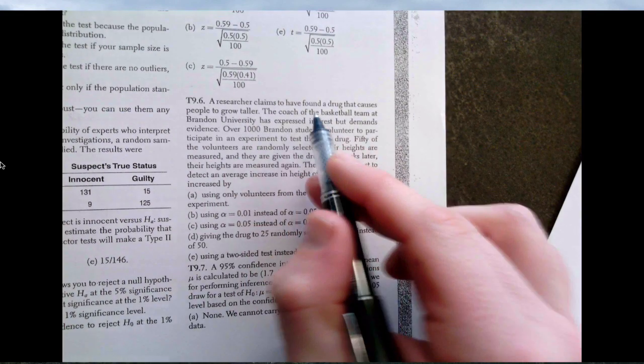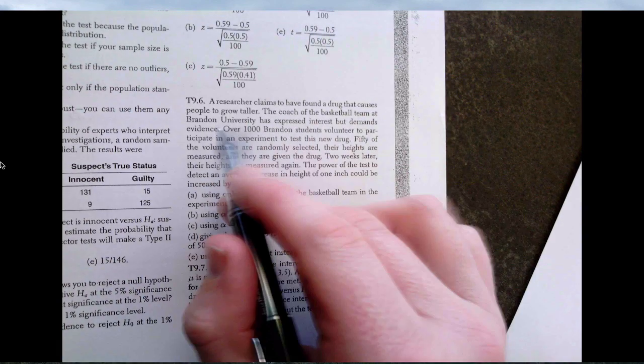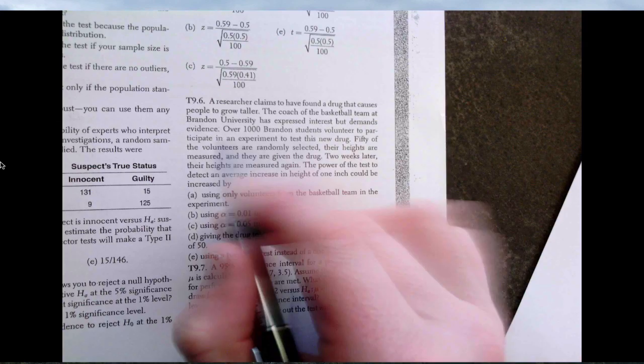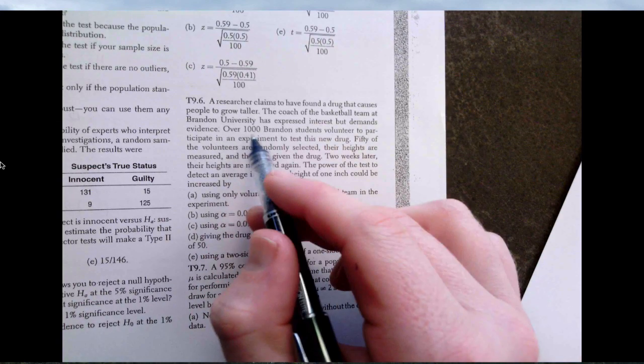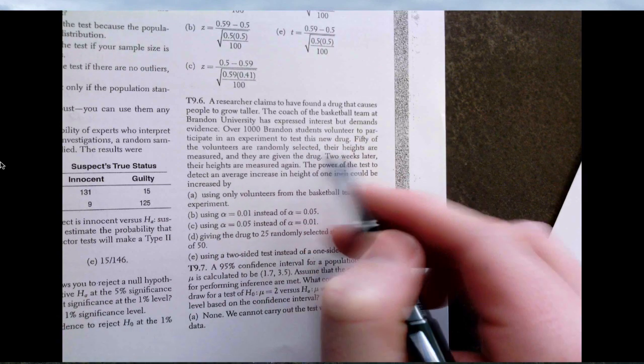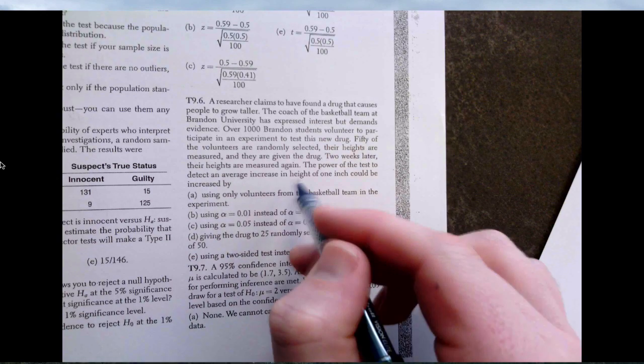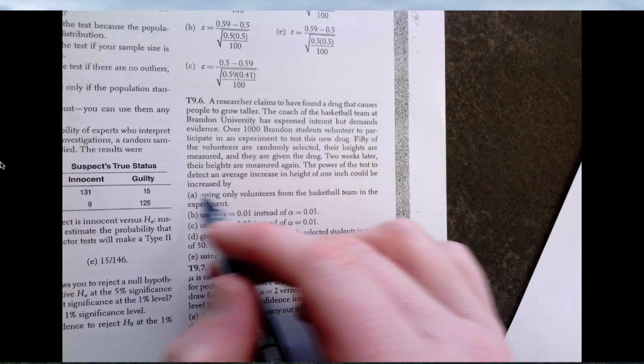All right, 6. A researcher claims to have found a drug that causes people to grow taller. The coach of a basketball team at this university expressed interest but demands evidence. 1,000 Brandon students volunteered to participate in an experiment to test this new drug. 50 of the volunteers are randomly selected. Their heights are measured and they are given the drug. Two weeks later, their heights are measured again. The power of the test to detect an average increase in height of 1 inch could be increased by,